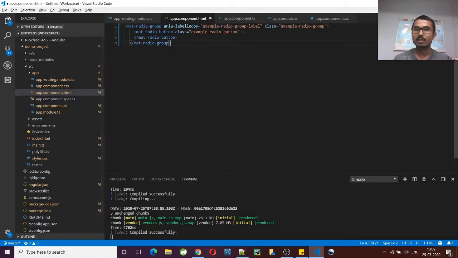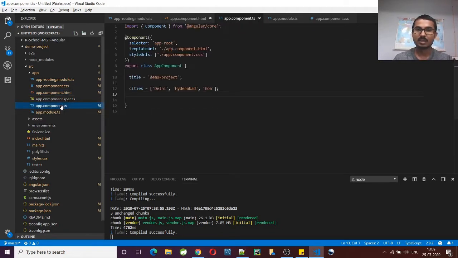Radio buttons will be in a group, because suppose we want to select some gender from a group, male or female, or we want to select some cities, something like that. So I'll be making use of that. I already have some cities, so I'm going to use this cities list from here.